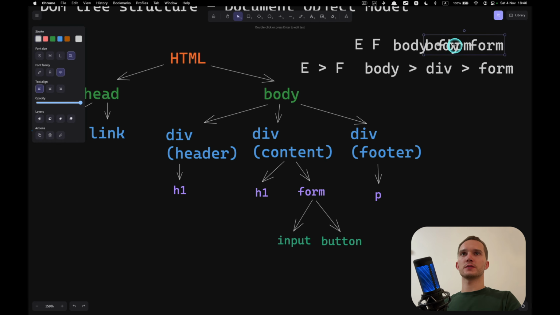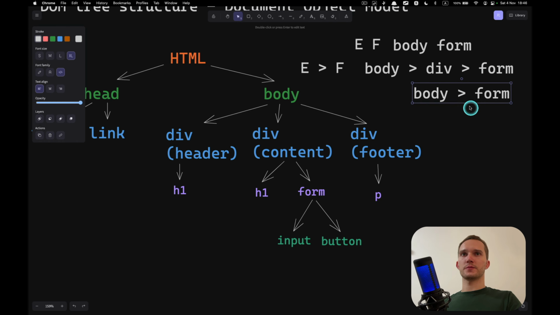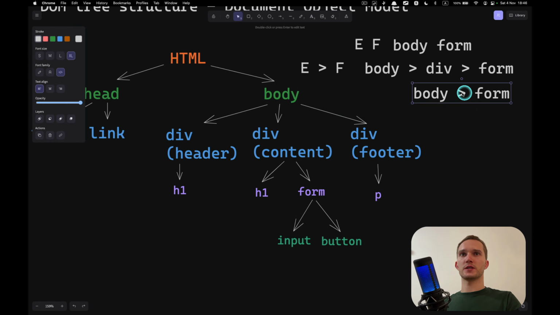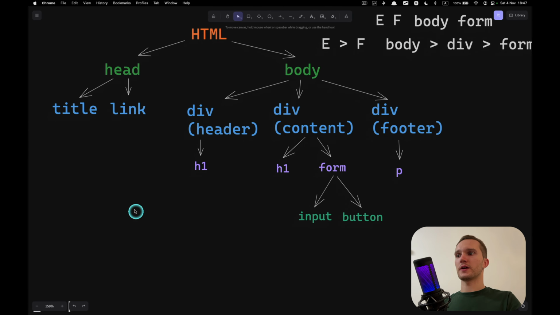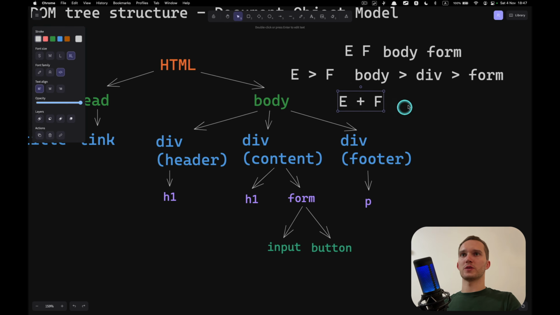So if we would write the following selector, we would find no element, because this one says direct children, and here the form is actually kind of a grandchild of body, right? So this is not the direct child, so this one wouldn't work. Anyway, I'll delete it.